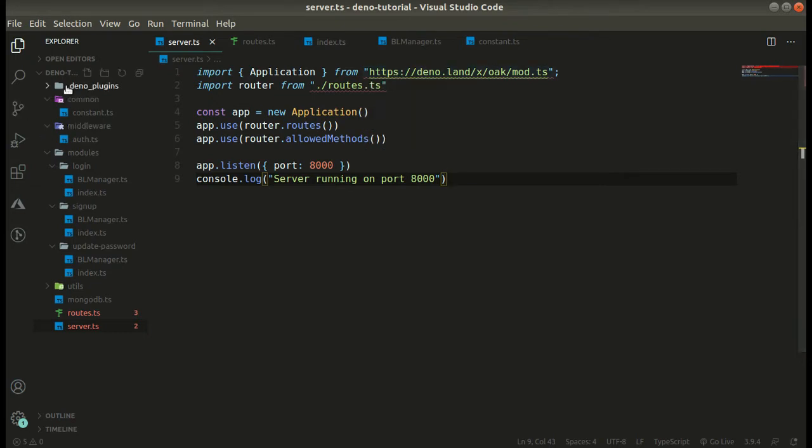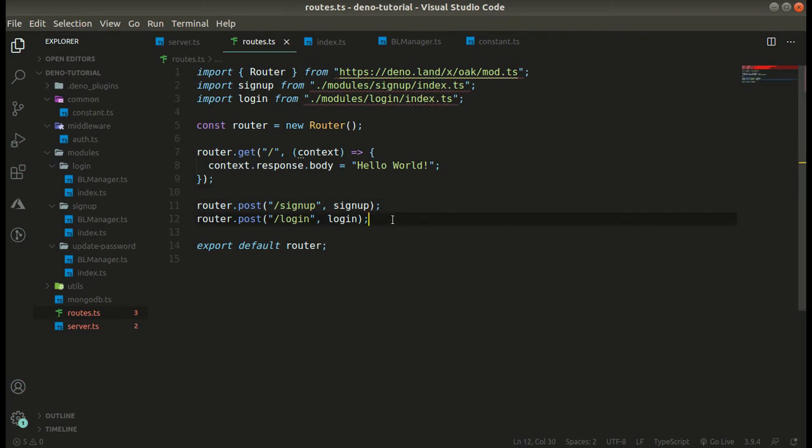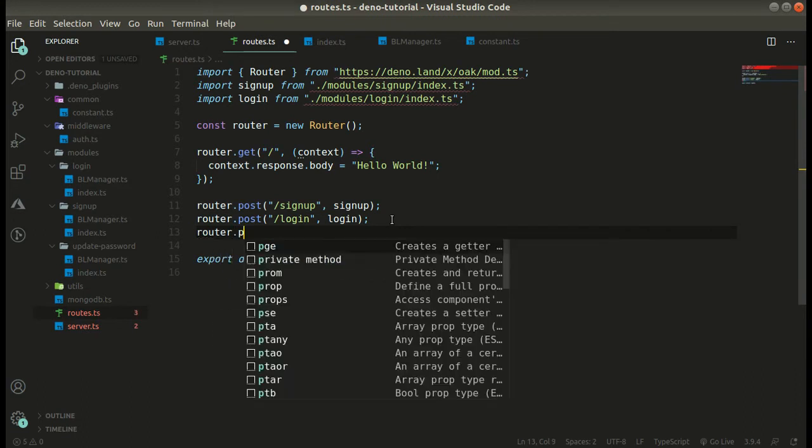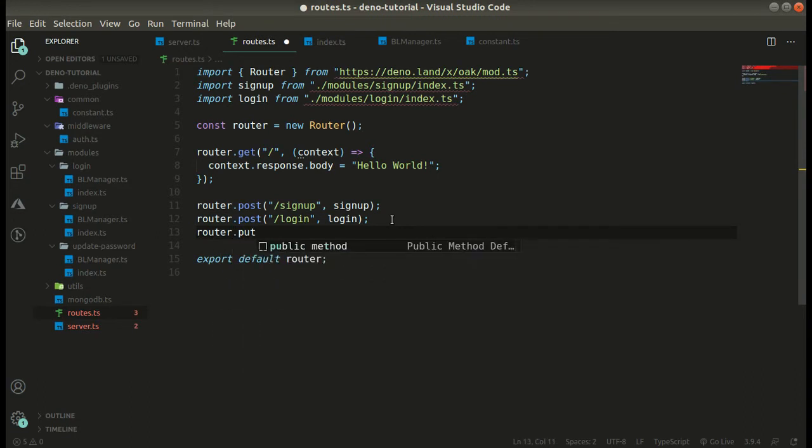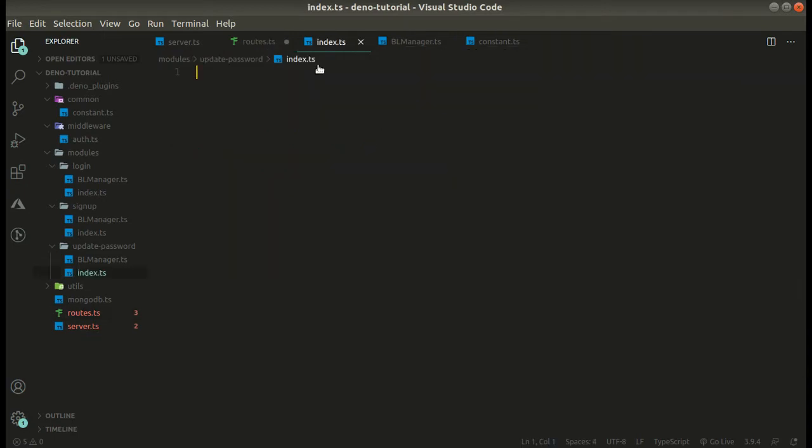Okay, so this is our directory structure and let's write the routes for update. We will have something like router.put, so it will be a put request, and our route will be update password. As usual, this will be our controller.